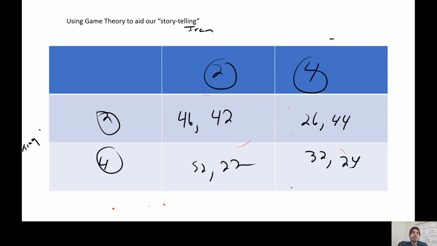So I want you to take some time, pause this video. I'm going to go ahead and move on, but you can solve this game. This is the type of stuff that you can expect on the AP Microeconomics exam. Try to solve this game. Where are they going to end up? Explain why this is a prisoner's dilemma. Tell me what a Nash equilibrium is, or think about why the solution you arrive at, although suboptimal, is a Nash equilibrium. It's a solution to the game. And then think about ways in which you can potentially avoid the prisoner's dilemma, right? If you're able to tell yourself a story, you have game theory down.